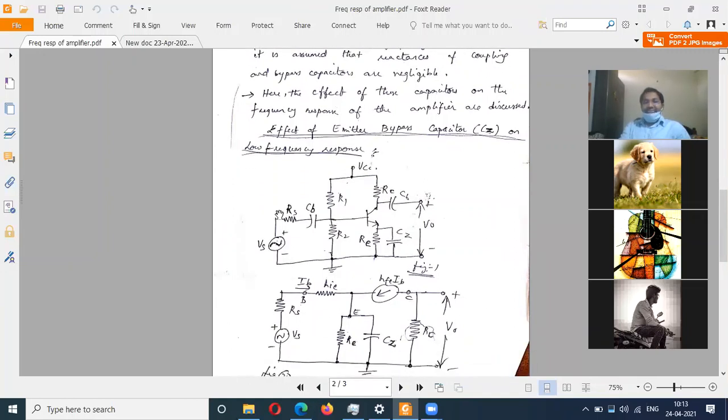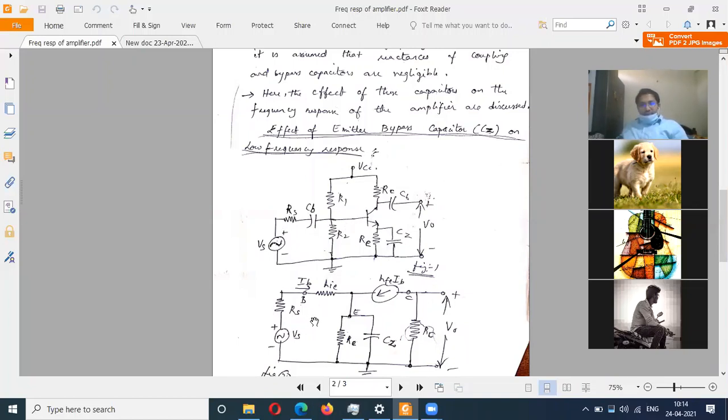When finding the low frequency response, whenever you have multiple capacitors, you will take one by one. You will analyze the circuit with one capacitor at a time, not the entire set of capacitors together. See the heading, effect of emitter bypass capacitor CE. Now we will take only this into consideration, like we did in previous classes, and replace the other capacitors by short circuit. So Vs Rs as it is, then this capacitor shorted connects to base.